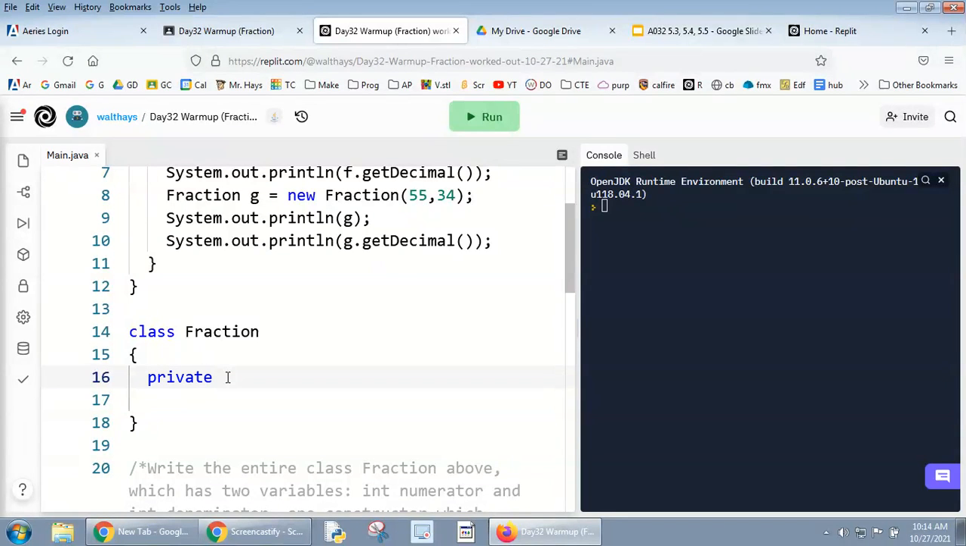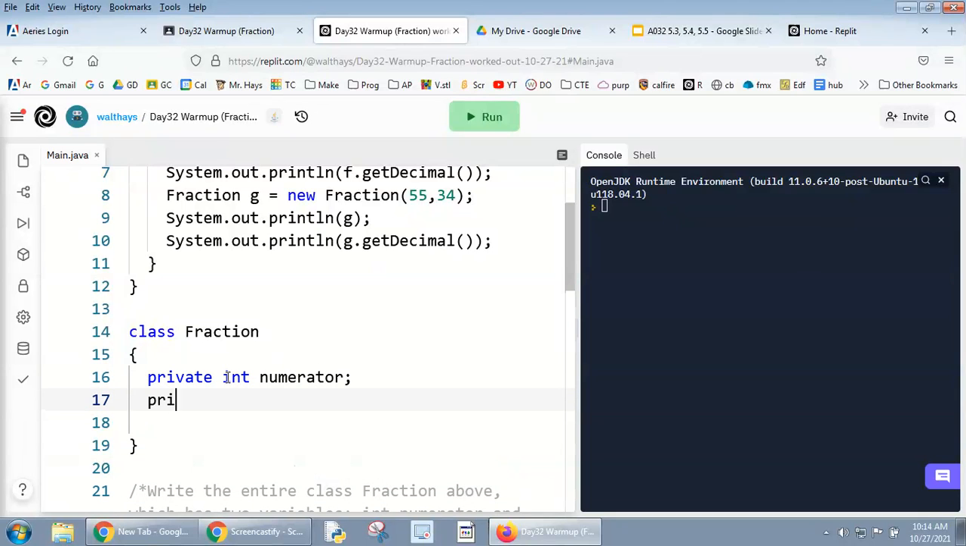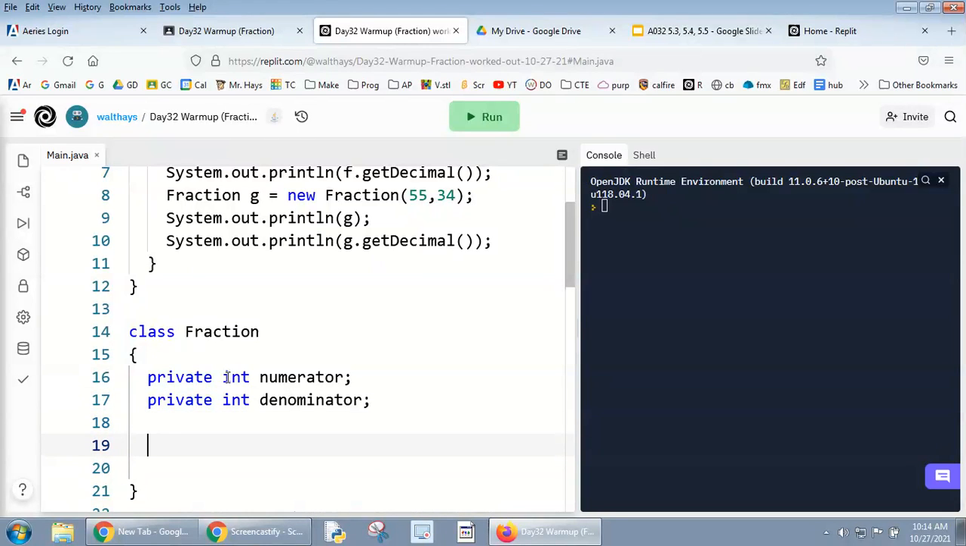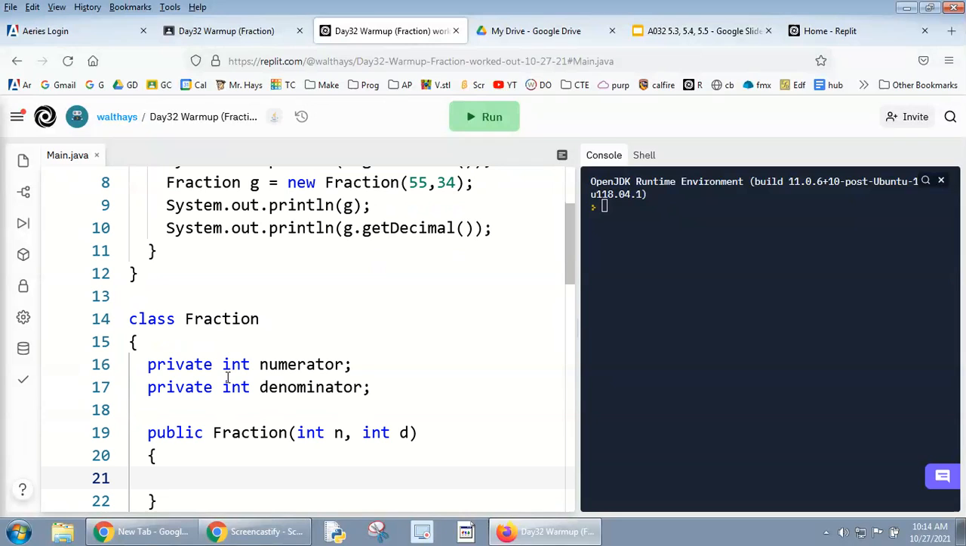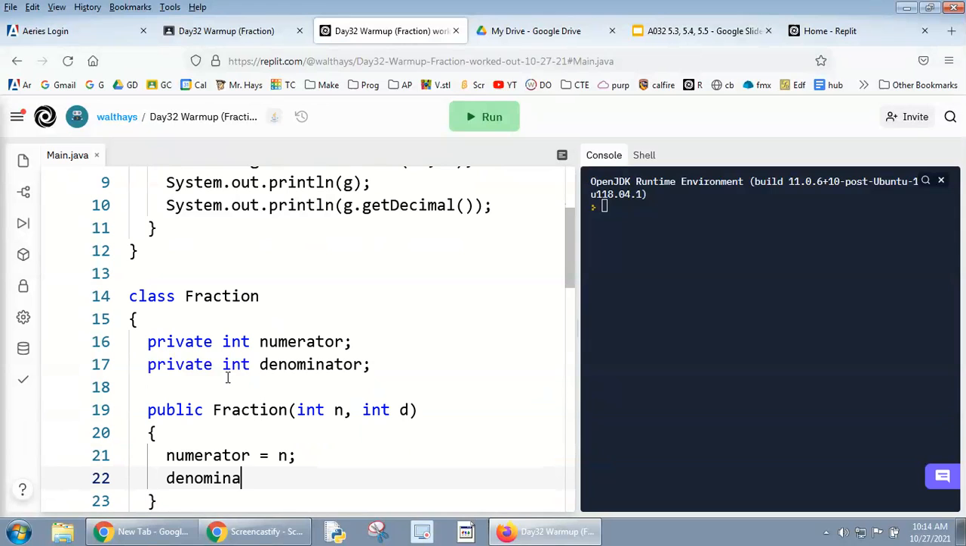Always make your variables up here private. Private int numerator, private int denominator. And then we need a constructor, public Fraction(int n, int d): numerator equals n, denominator equals d. You know what would be a nifty little test would be